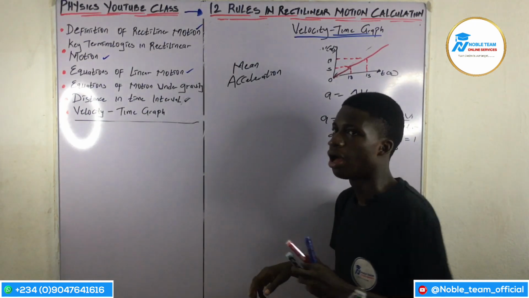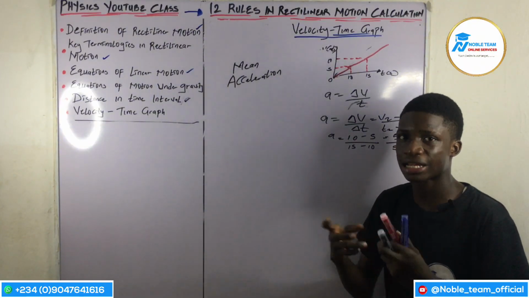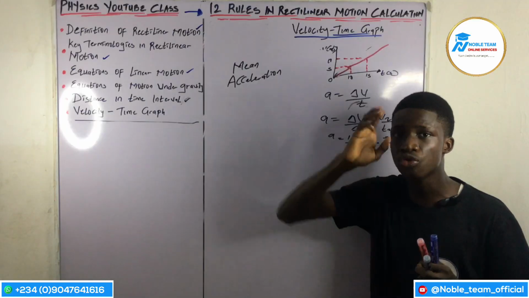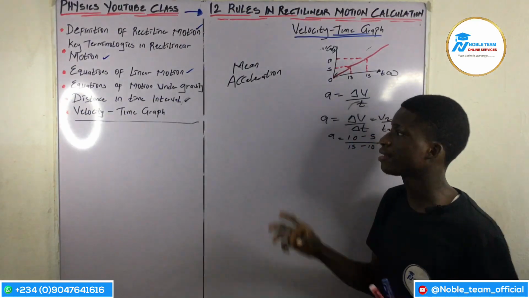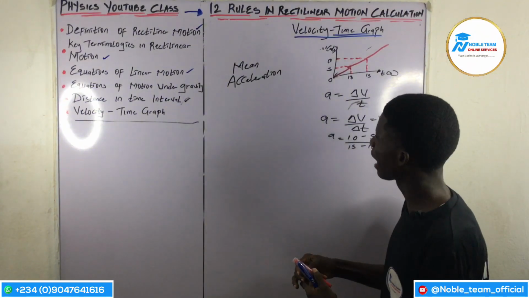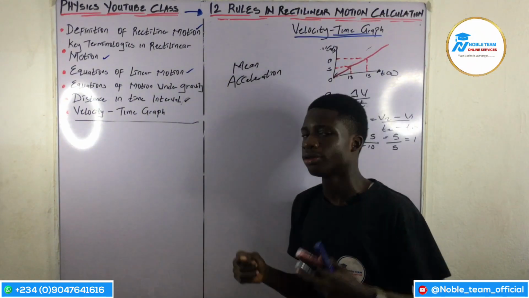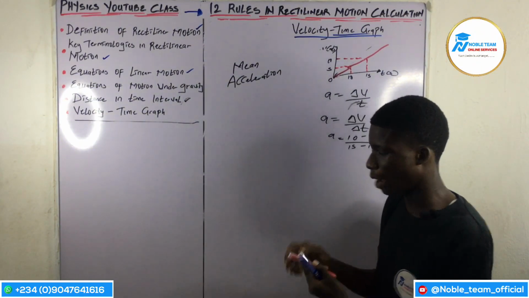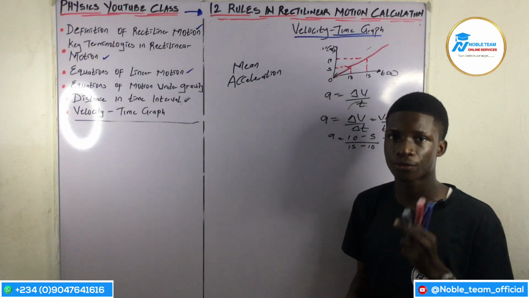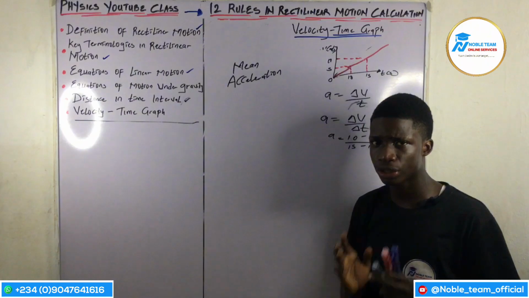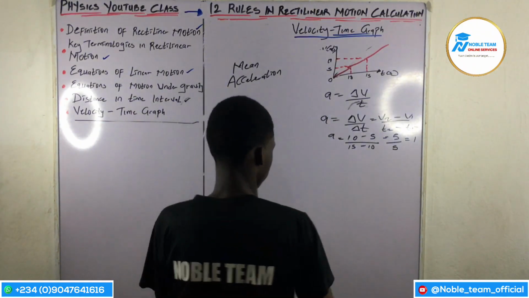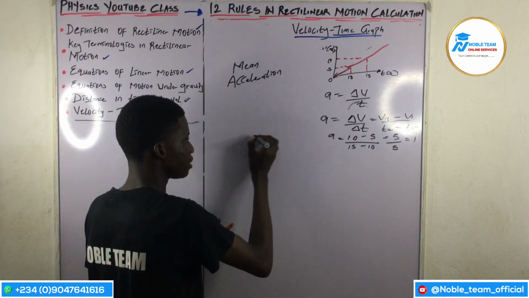Yes. Now, I want us to look into another thing, because I've given you guys solid 11 rules. It's remaining one rule, and the 2 rules we are going to be applying in this VT graph. Now, in this second one I want to drop, I want us to take note of this first, and we'll solve a solid question on it, and I'll give you another rule to take note of. Now, I have a VT graph like this,